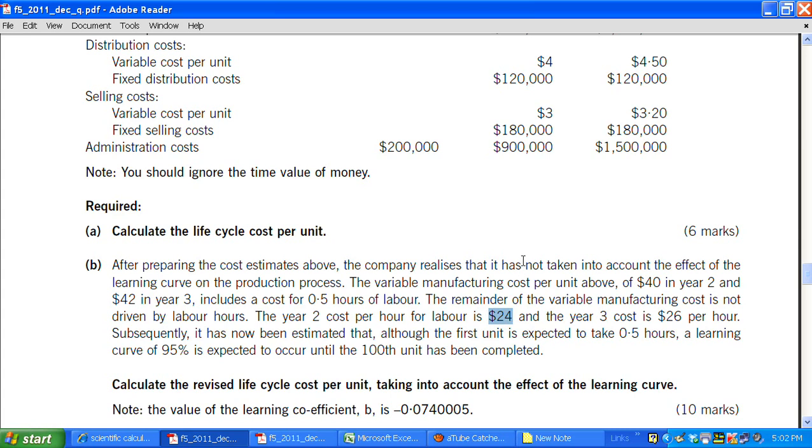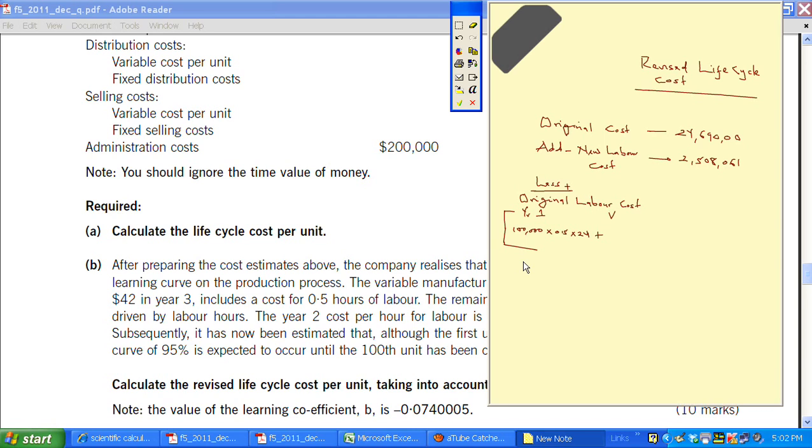So same thing for year 2, we have 200,000 times 0.5 times 26. So you can use a calculator to do that, but the answer should be